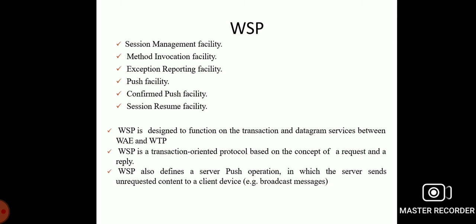Capabilities negotiation: the client and server can agree upon a common level of protocol functionality during the session establishment.